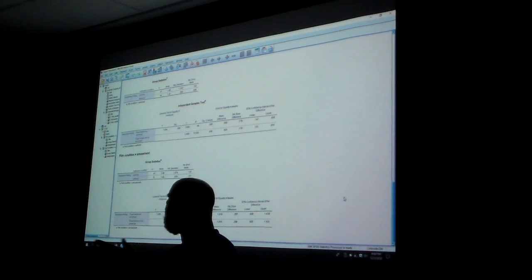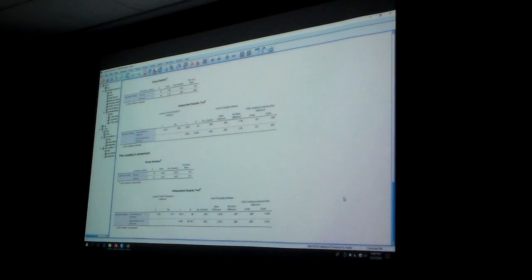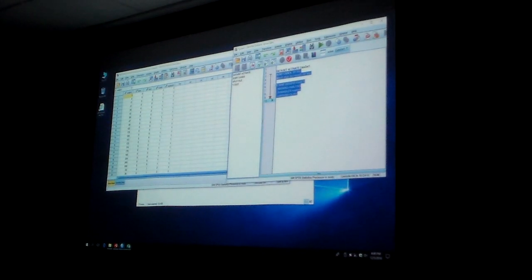So we start needing to pay attention to this violation of homogeneity of variance in terms of how we go through and approach our test. So here we have a statistically significant effect. Here we have a statistically significant effect. And so what do we make of our